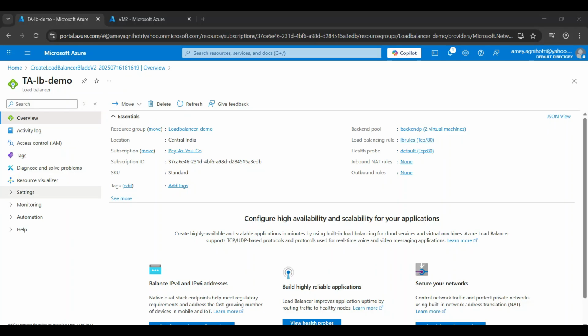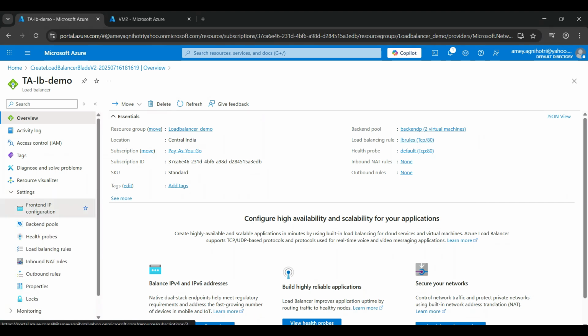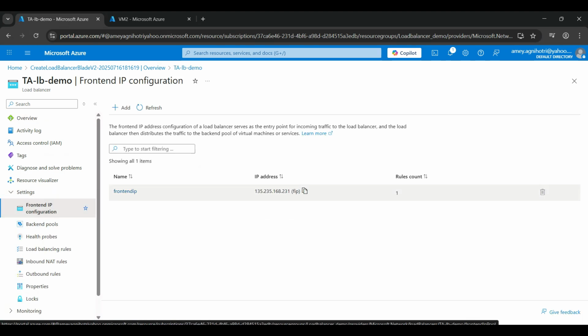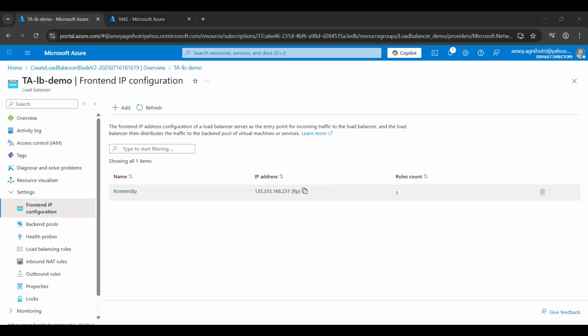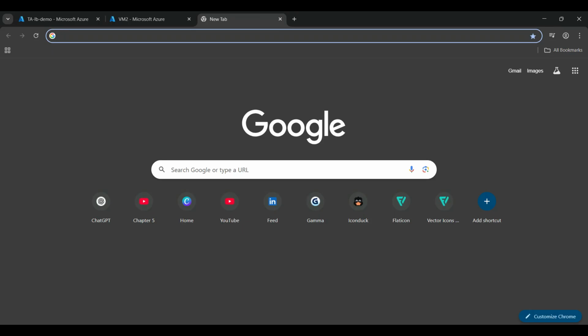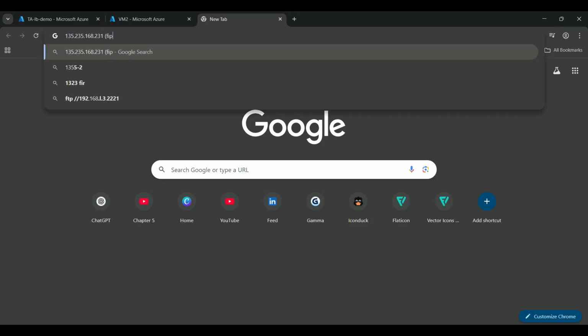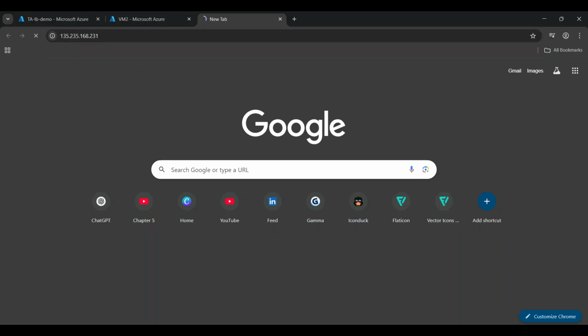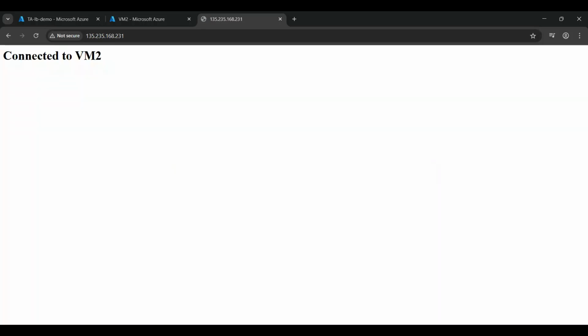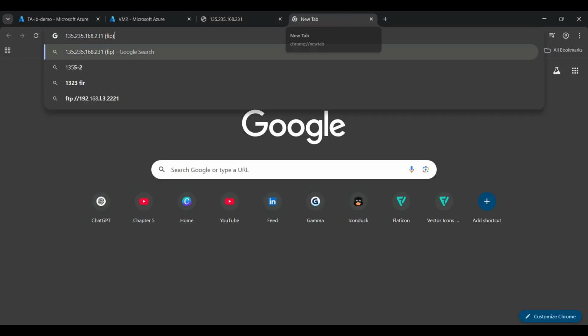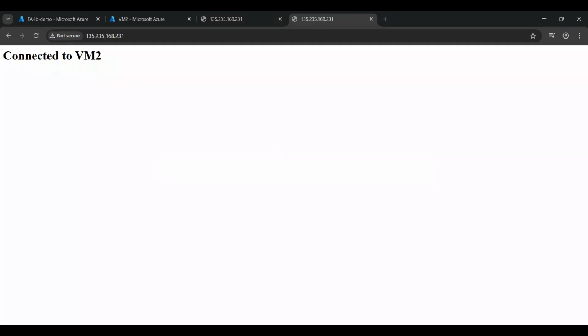So now let's check how the load balancing will work. For that, let's expand the settings and go to this front-end IP configuration, and in that let's copy the IP address, and then open a new browser and just paste, and click enter, and you can see we are navigating to this virtual machine 2. Then again I will try to run this one more time. We are again connected to, or navigating to, this